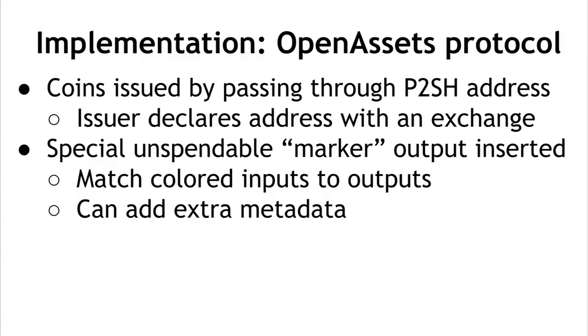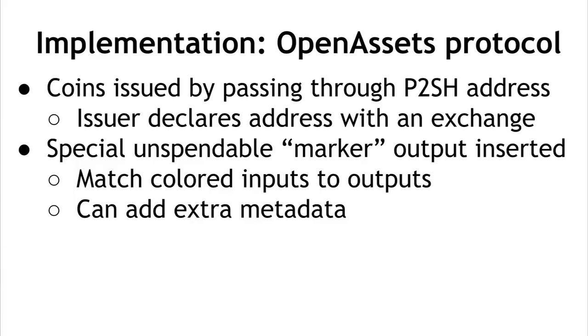Now, every time that you have a transaction that involves colored coins, you have to insert a special marker output. So this is an unspendable output, kind of like in the case of commitments, that allows us to write some extra metadata into the transaction. And that metadata, which I'm not going to discuss in detail because it's fairly tedious, but it simply says of all the colored coins coming into this transaction and all the outputs of the transaction, how the color is divided